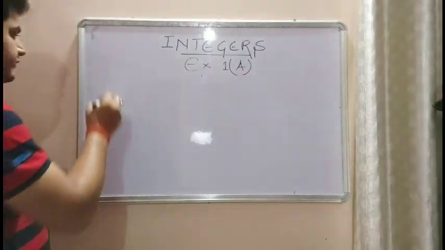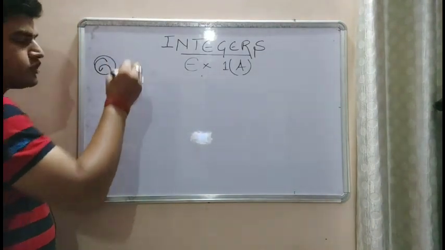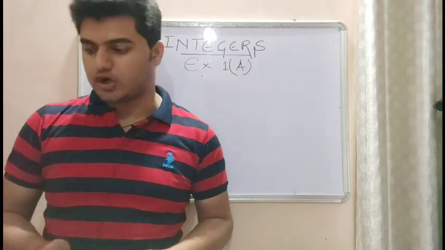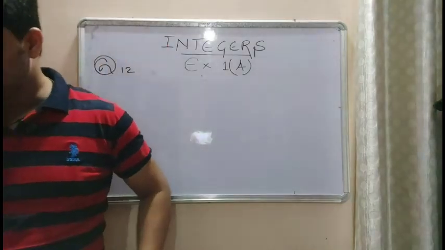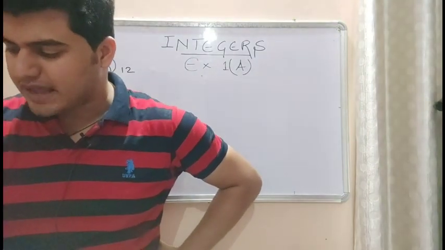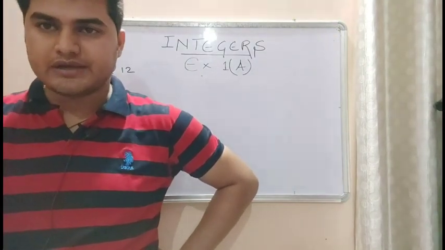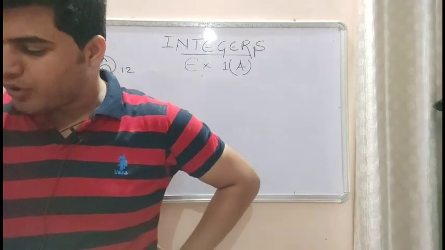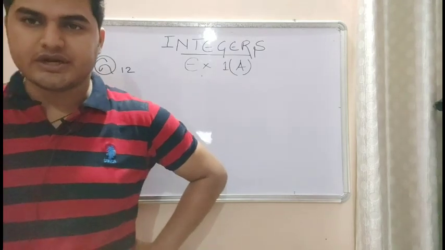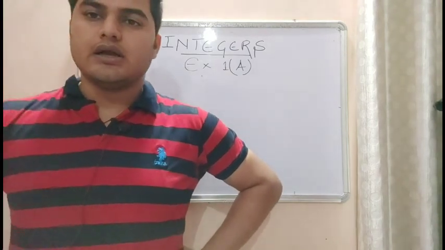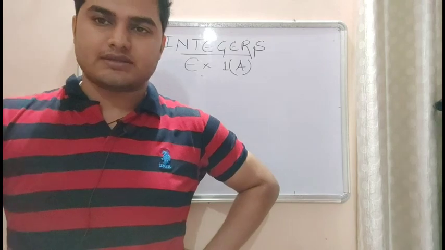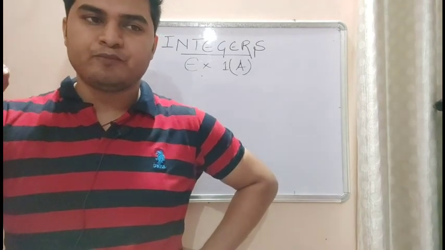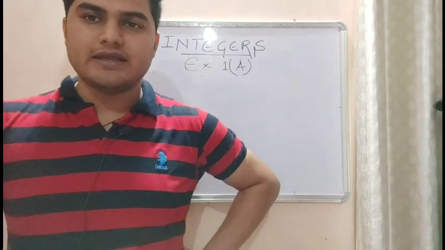Then question number 12. Question number 12 is an MCQ type question. In that, 4 options are given. You have to choose the correct option. The question says that you write an essay for your final exam worth 40 marks. The teacher deducts 12 points for incorrect grammar. The teacher deducts 12 points, that is, the teacher subtracts 12 points. Or he subtracts means he does the minus of that.